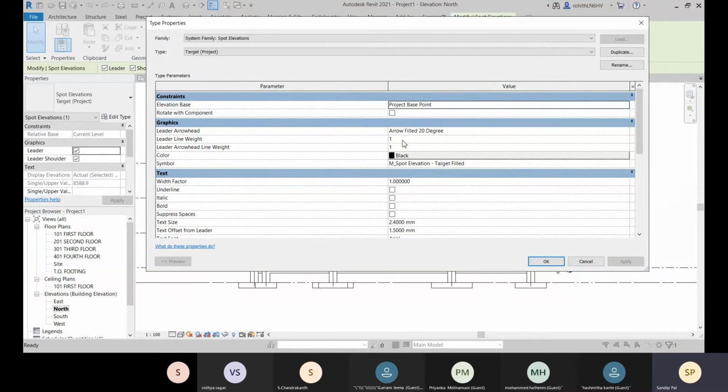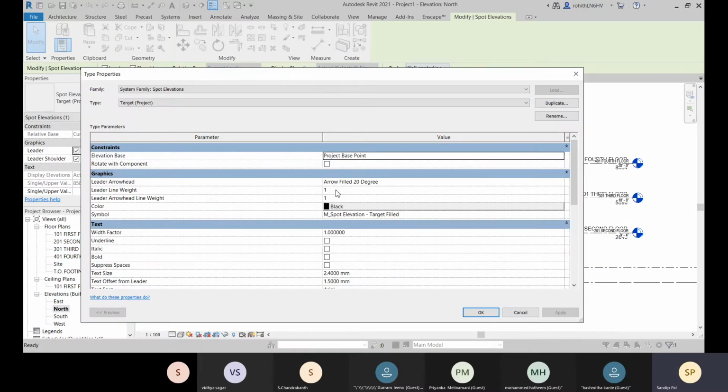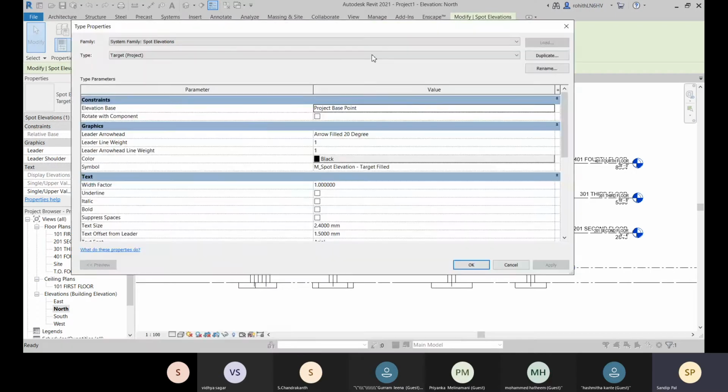And about leader arrowhead, this is the type. Here you can see that this is the arrowhead type. There you can change it. About this leader line weight, okay, and color, and about this symbol, this is the symbol, so there you can change this symbol also.